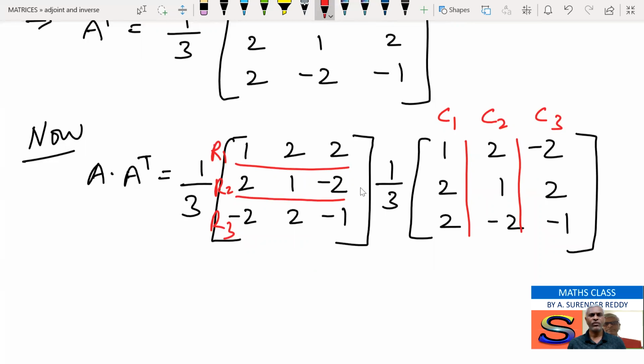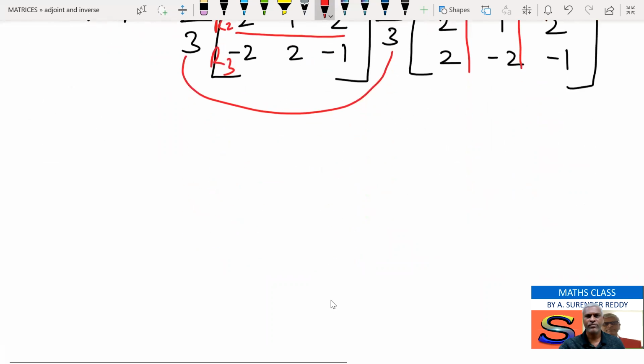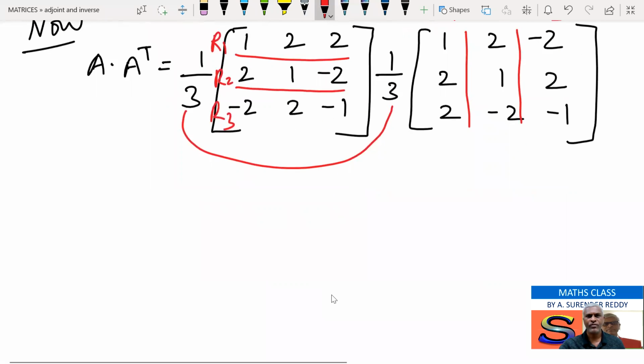Take the second row, multiply with C1, C2, C3. And take the third row, multiply with C1, C2, C3. So before that, 1 by 3 into 1 by 3, you will get 1 by 9. So this is equal to A into AT, 1 by 9,